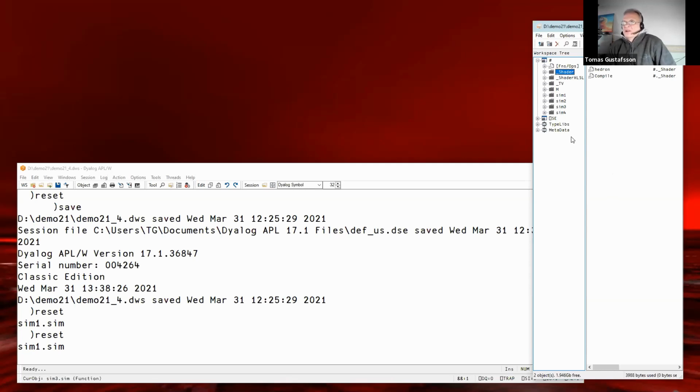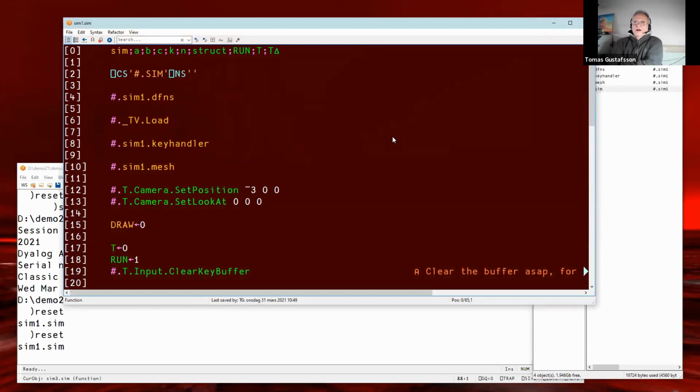When I start the program, for example, now I'm going to start the sample in sim 1. It's going to create this function here. Let's walk through it a bit.